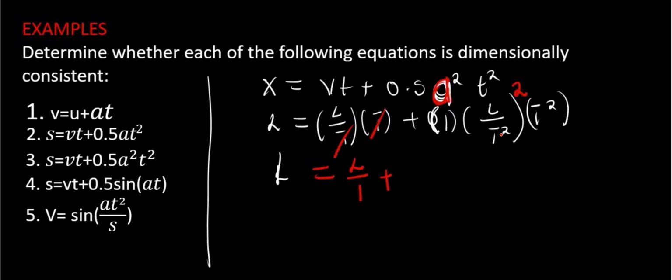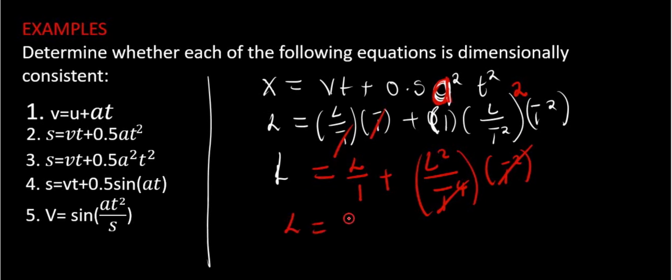Plus this side, it will be L squared over t to the power 4, remember you have t outside, which is squared. Now this t cancels with this, meaning that you have L equal to L plus L squared over t squared. After we have cancelled that, this equation therefore is not